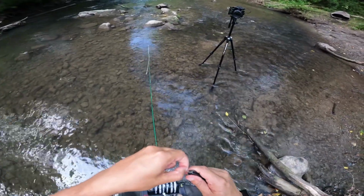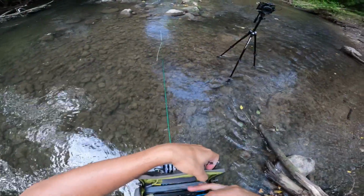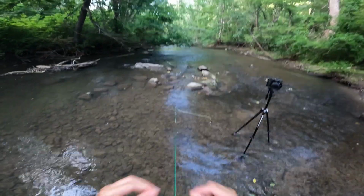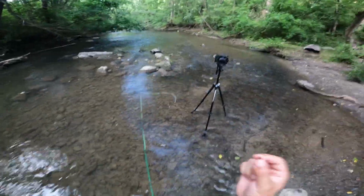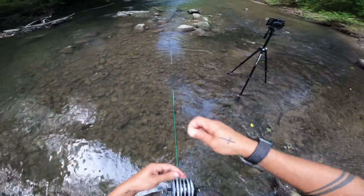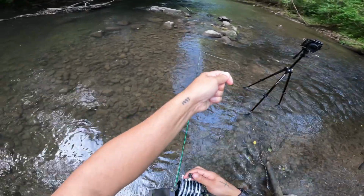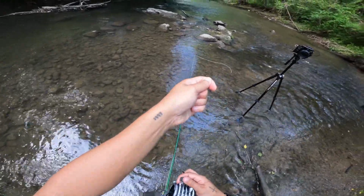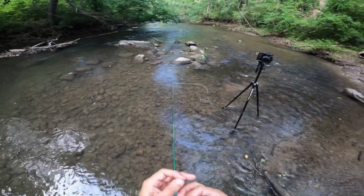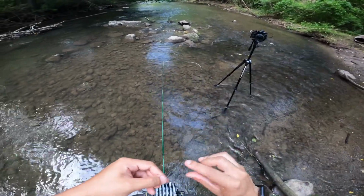I'm going to clip off our excess, and our excess goes in our pack, just so we can keep the streams a little bit cleaner. At the top, I'm tying on a stonefly. I'm going to tag that up. I'm actually going to size down to some 5X, just because I'm going to put a much smaller fly on the back end, and I kind of want it to float the way that I want it to. Also, it's got a smaller head, so